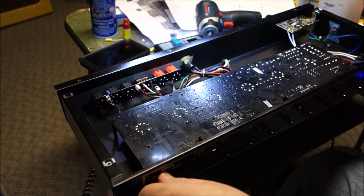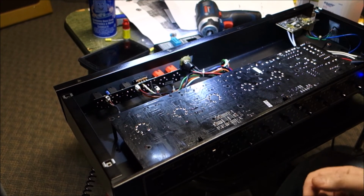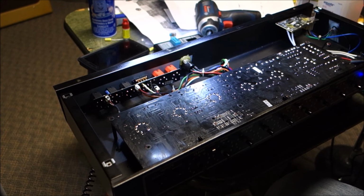Houston, we have reverb. Okay, so I have to put all the screws back in this and get it down to pat. But what we ended up finding out,